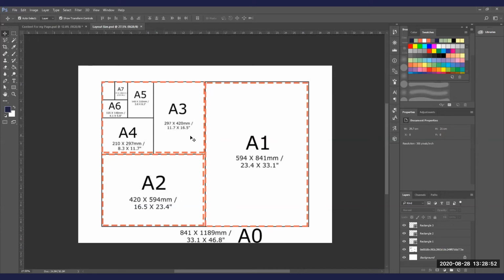Either you can have only one sheet for your entire project, or you can have one A1 sheet and next to it an A2 and again an A2, so it looks like one complete board. So you have to decide on the layout of your board. For now, we will pick one portrait A1 size, and we will try to put the information related to our project in one portrait A1.